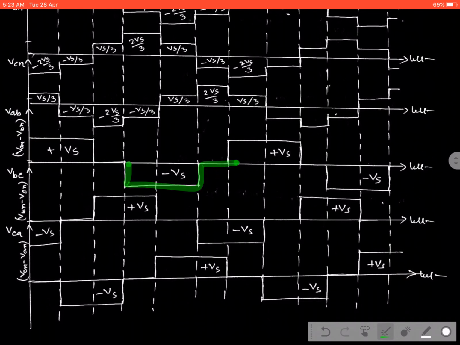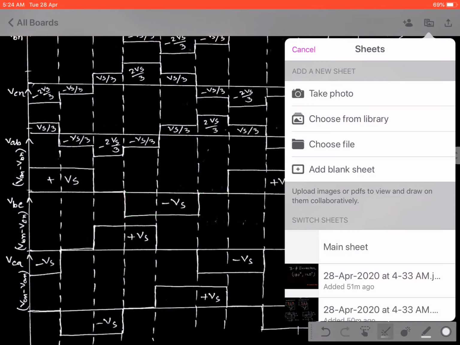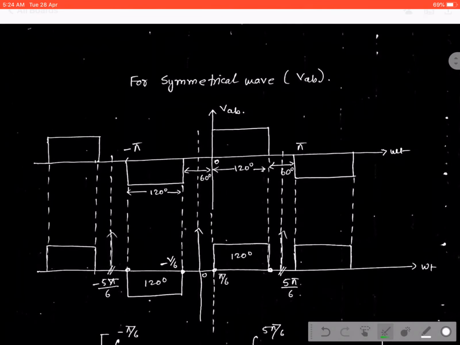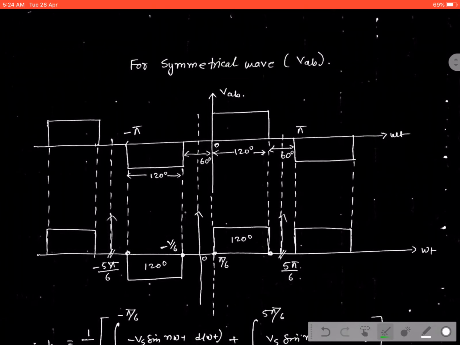That means we can draw it in a zoom version, then the peaks will look like this one. We consider the same axis, that is VAB, started from 0 and this is pi, that means this is the waveform. Similarly, it will be repeated for the next cycles. But if we consider this part also, that is minus omega t, then the waveform will be similar to this one. Then what happened? We are just going to calculate the periodic function.